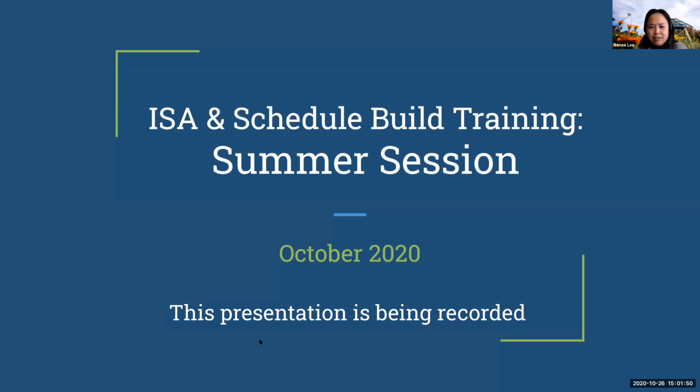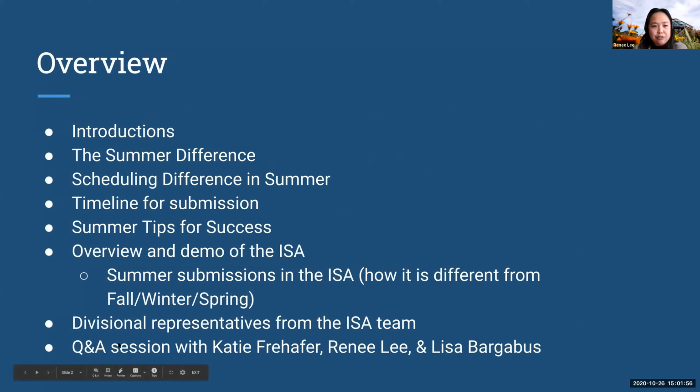Are we going over the overview first? Yeah, so we'll have an overview of what the training will cover today, and we'll do brief introductions with my teammates, and then we'll get going. This is being recorded, and the next one, hosted on Wednesday, will be recorded too. We'll see which one is better, and then we'll post that or send it out to those who cannot join us or want to refer back to the training.